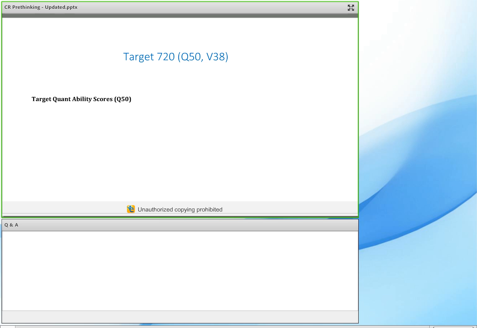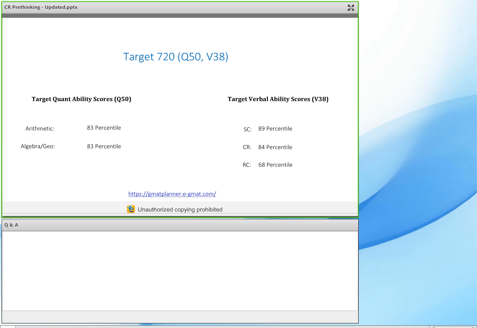There are many ways to get to a Q50, and based on the target and the starting scores of this student, the plan suggests balancing out both arithmetic and algebra. And based on the starting scores, the plan suggests that the student excels in sentence correction and critical reasoning and does really well in reading comprehension as well. So when that happens, your